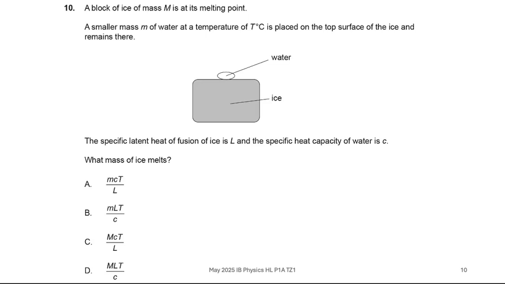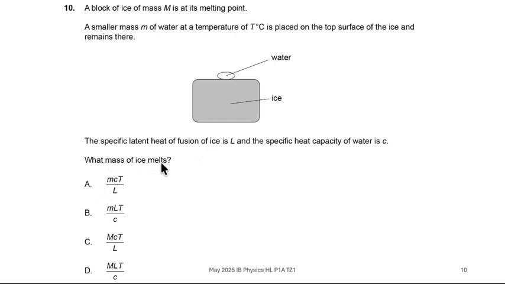Okay, here we have, I'd say, quite a classic question in terms of the approaches that are taken here. We're looking at a block of ice. That's a big block of ice there with water on top. And we're asked to think about the interaction between the water and the ice, the smaller mass of m of water. And we're being asked essentially through that interaction to think about what mass of ice is melted as a